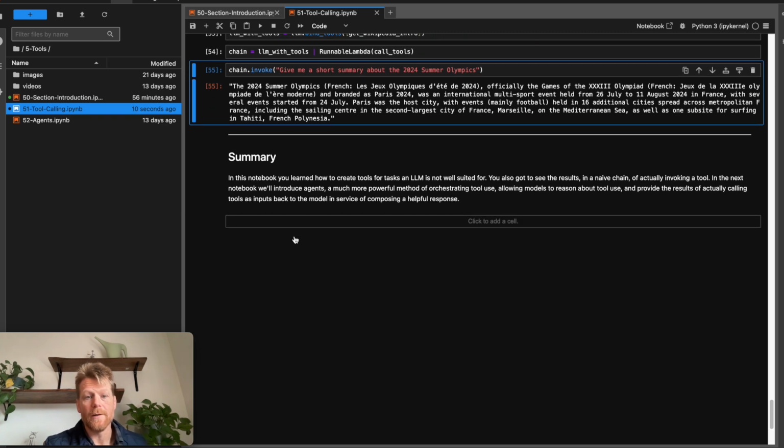Okay, so in this notebook you learned how to create tools for tasks that either an LLM is not well suited for or is impossible for it. And furthermore, you got to see the results in a very naive chain of actually invoking the tool. In the next notebook, we're going to introduce a topic called agents. And agents are a much more powerful and also sensible way of orchestrating tool use. It's going to allow your models to reason about tool use, and maybe most importantly, to actually provide the results of actual tool invocation as inputs